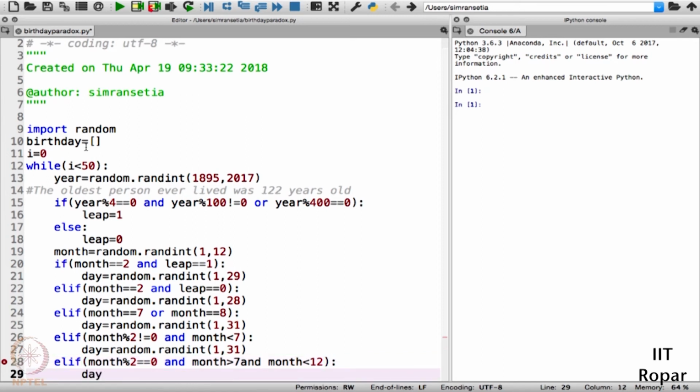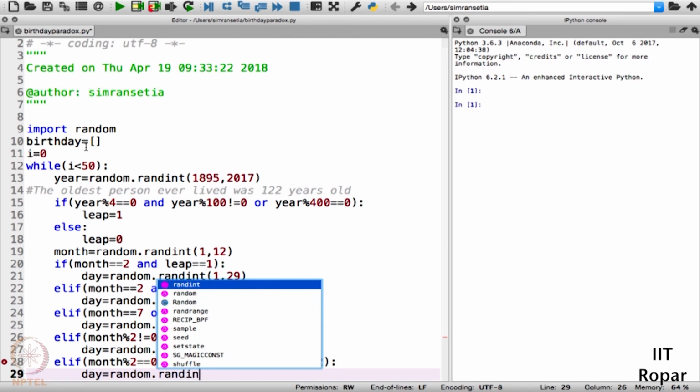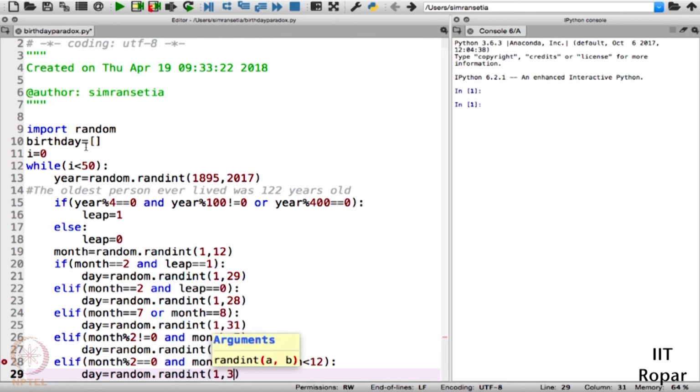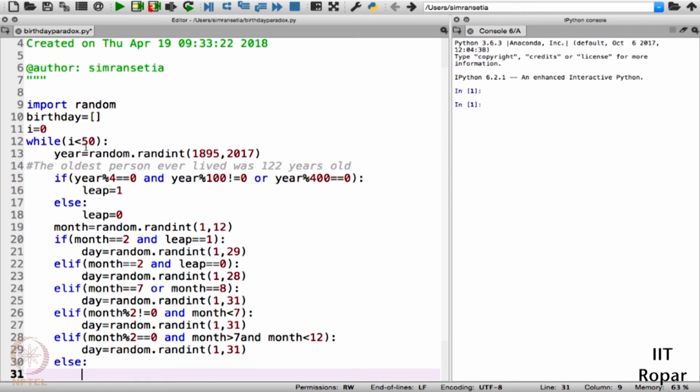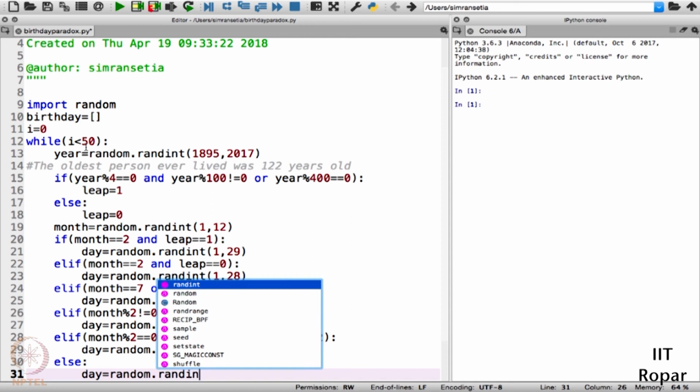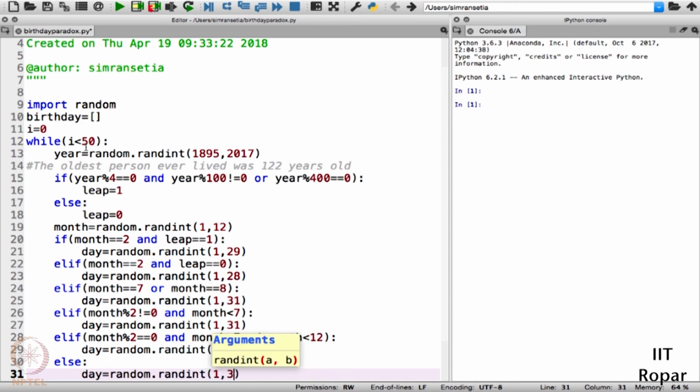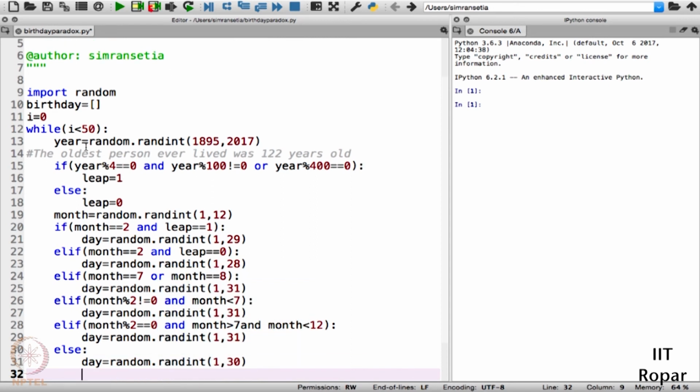So we'll have here day is equal to random.randint 1 to 31. We have specified the conditions for 28, 29, 31. So the rest of the months will obviously comprise 30 days. So we'll just have else day is equal to random.randint from 1 to 30. This is done.